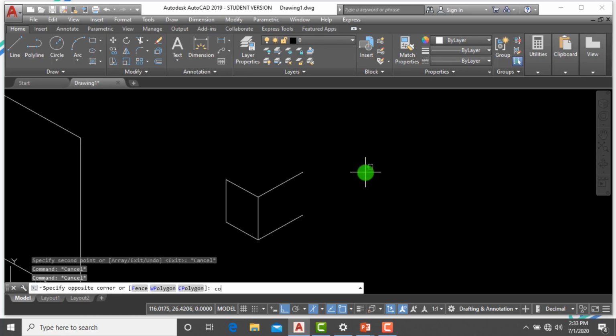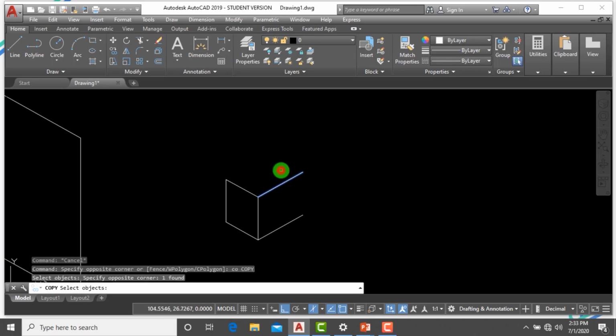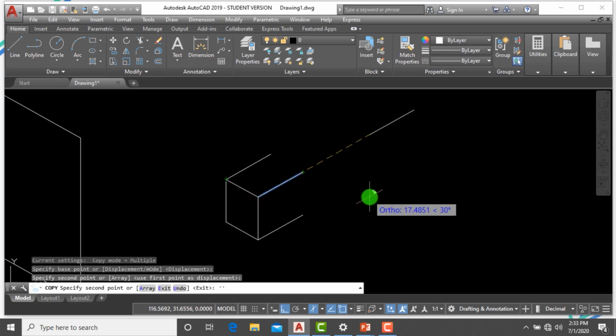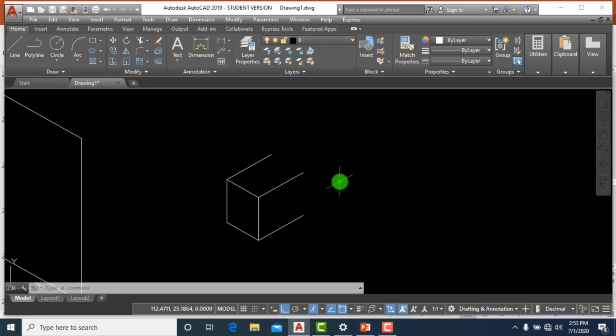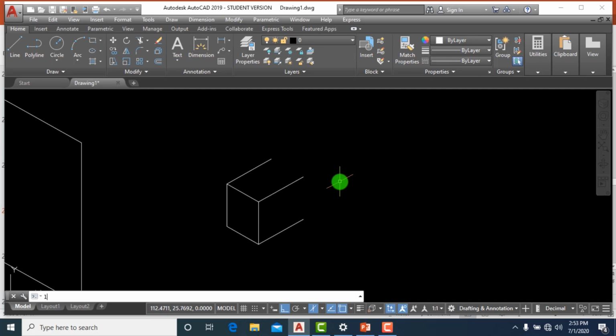So I can copy here. I cannot use the mirror tool or an offset tool over here. Only copy and move is allowed in the isometric mode. So from here I want to, let's say, move